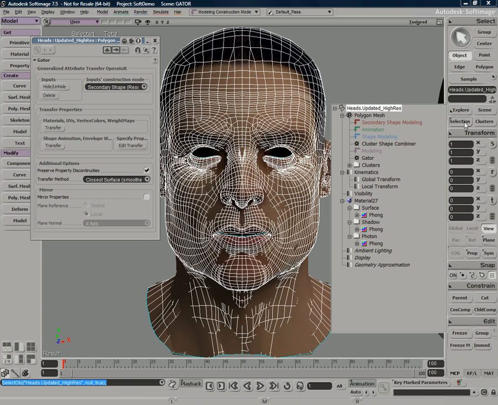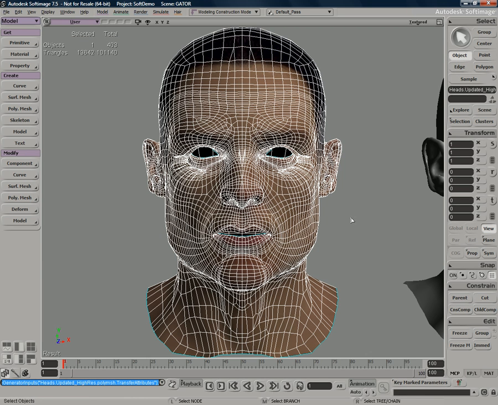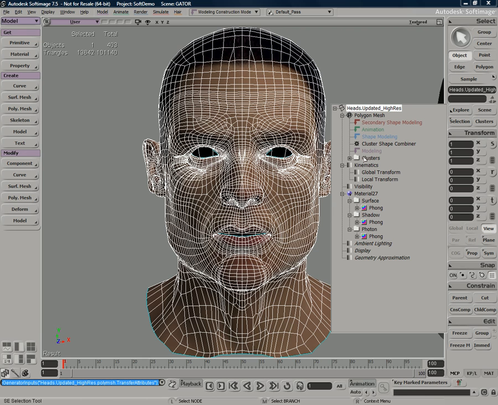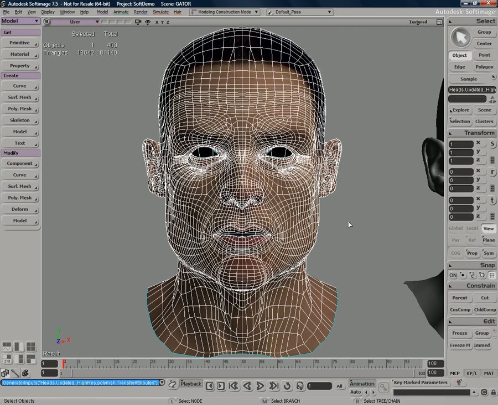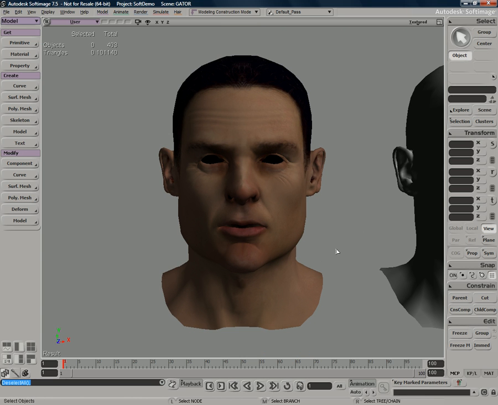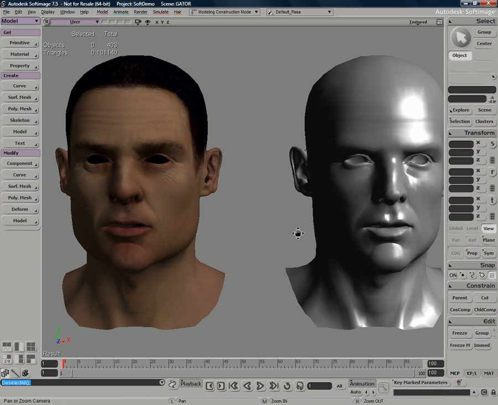If you open up the Scene Explorer here of my object, you can see I've got a Gator operator here in my modeling stack. Now I could press the Freeze Modeling button, which would remove this operator, or another thing you can do is press the Delete button here in the actual Gator property page. I'm going to choose the Delete button. Clicking that actually deleted that low resolution mesh from the scene. It's physically gone. And also the Gator operator is now gone as well. So you can see I've severed that relationship, and now what I have is a nice clean new model with that installed on there, with the UVs baked on the model.